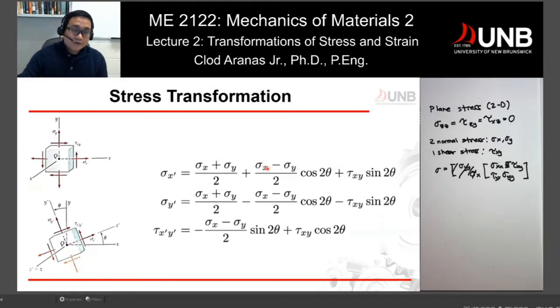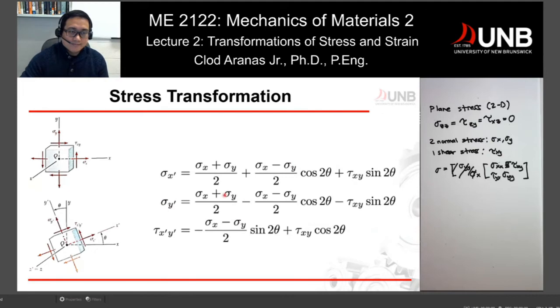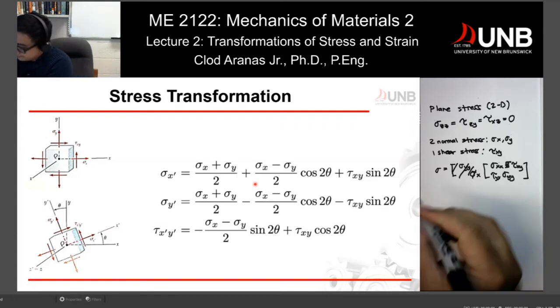Now, as far as I know, you were introduced to these equations here. So how to determine a stress from one point, from a reference axis, which is x and y. So again, we are talking about two-dimensional. And then your x prime would be the stress at a rotated axis. The question here is how these equations were derived. So first, let's look at our 2D state of stress,